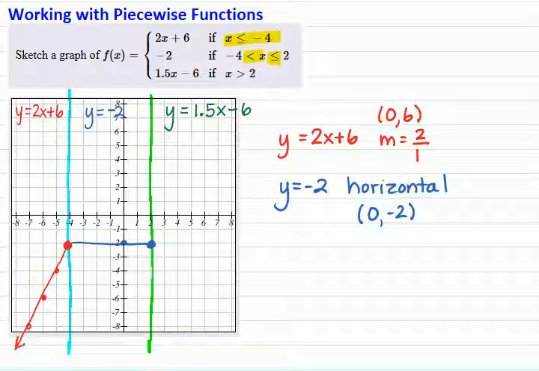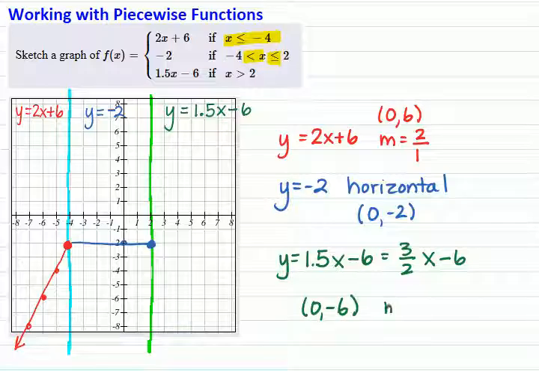The next part of my graph is to graph the equation y equals 1.5x minus 6. I like to have the slope as a fraction. This is the same as 3 over 2 x minus 6. So it has a y-intercept of (0, -6) and a slope with rise 3 and run 2. So if I go to the point (0, -6), and I rise 3 and I run 2, and I rise 3 and I run 2, and I keep the pattern of the slope, I now get a bunch of points